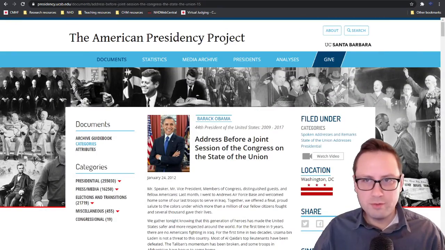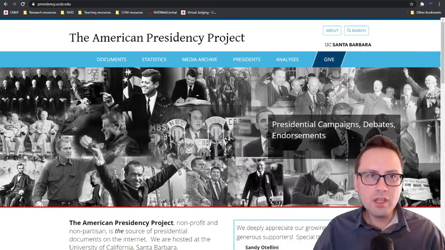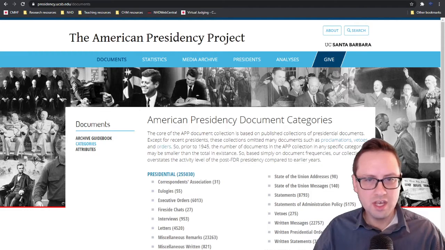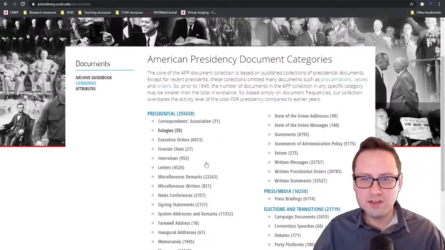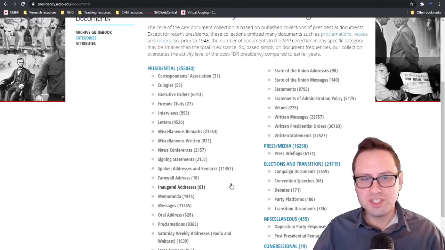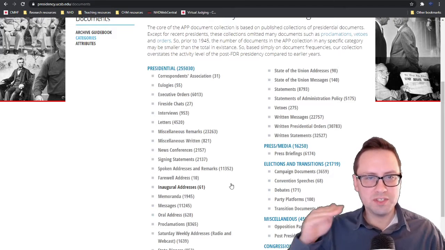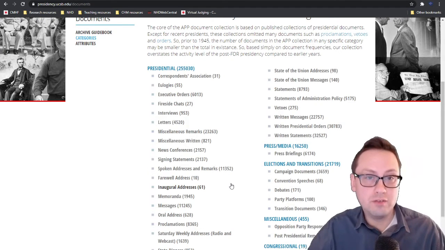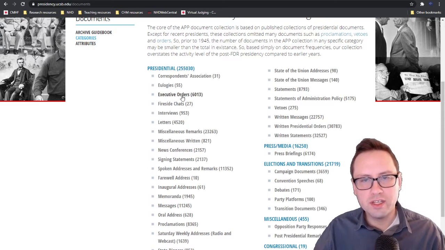So I've showed you a little bit about how to use the search bar. The other way that I wanted to show you to use this site is if you click onto documents, they've got a couple of great ways to categorize them. So again, you can look through categories here. So if you are particularly interested in this year's themes, communication and history, maybe you want to talk about a specific mode of communication, like executive orders, let's say, you could click here and browse that way.